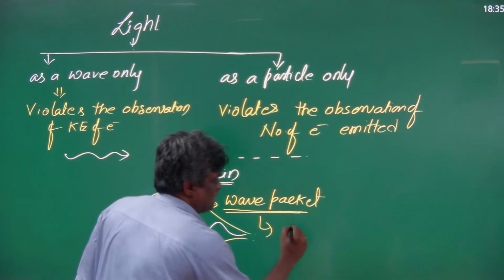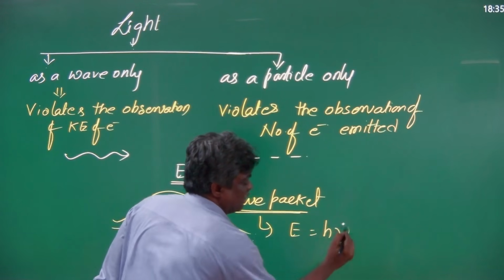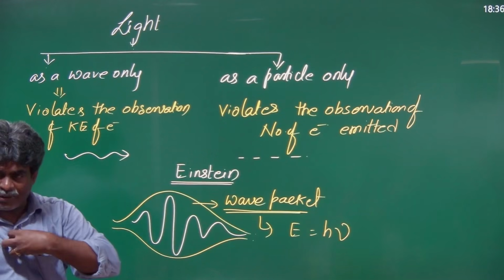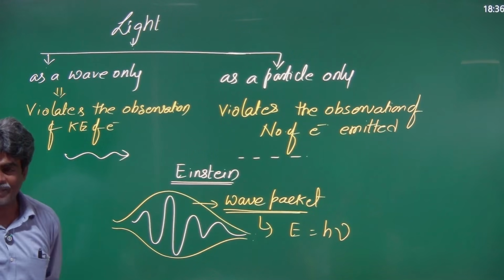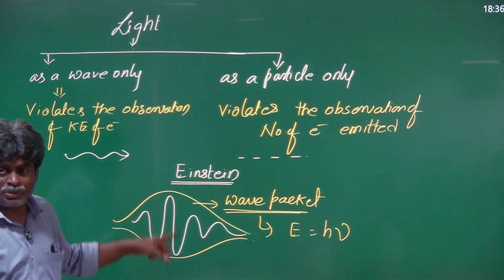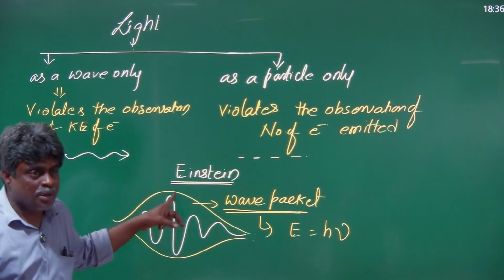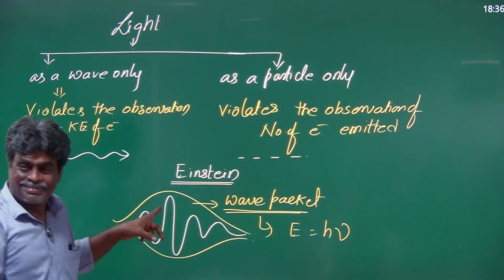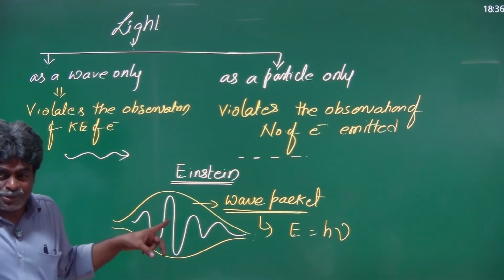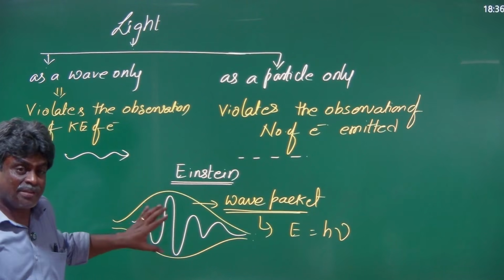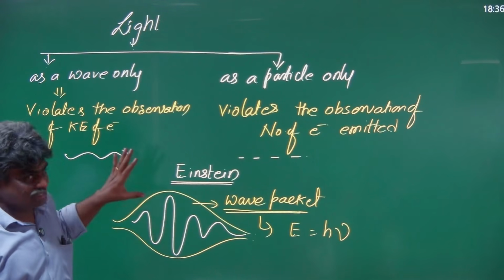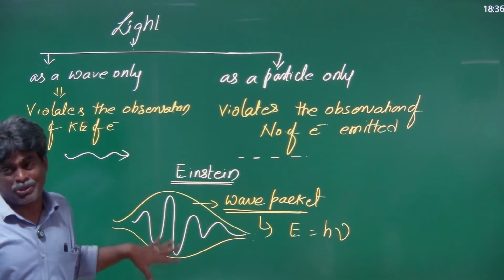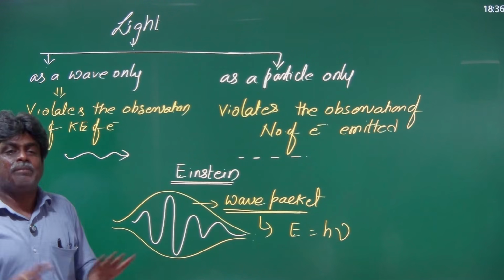This packet has a minimum energy, how much? h nu. This packet of energy is absorbed by one electron, and it has amplitude changes. What is the meaning of these amplitude changes? Probability distribution. Yes, because the number of electrons should increase. So it has both the discrete nature of energy as well as the probability distribution of a wave. That's why light behaves like a